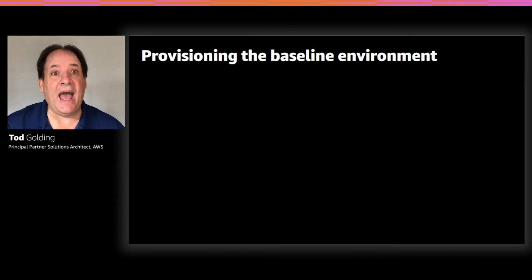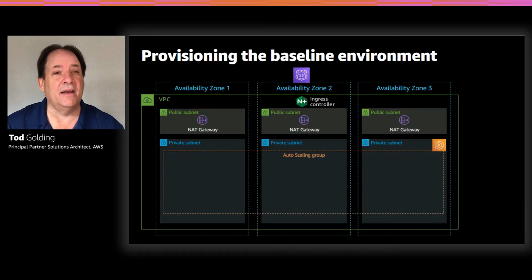Okay, so now that we have this groundwork and this framework for discussion, let's look at what happens when you actually go to the repo, you download the code, and you install it in your environment. What are you going to get when you go into the console and you look at it? So here you'll see we have the basic things you'd expect. First of all, you're going to get a multi-AZ, highly available architecture that is just the foundational bits